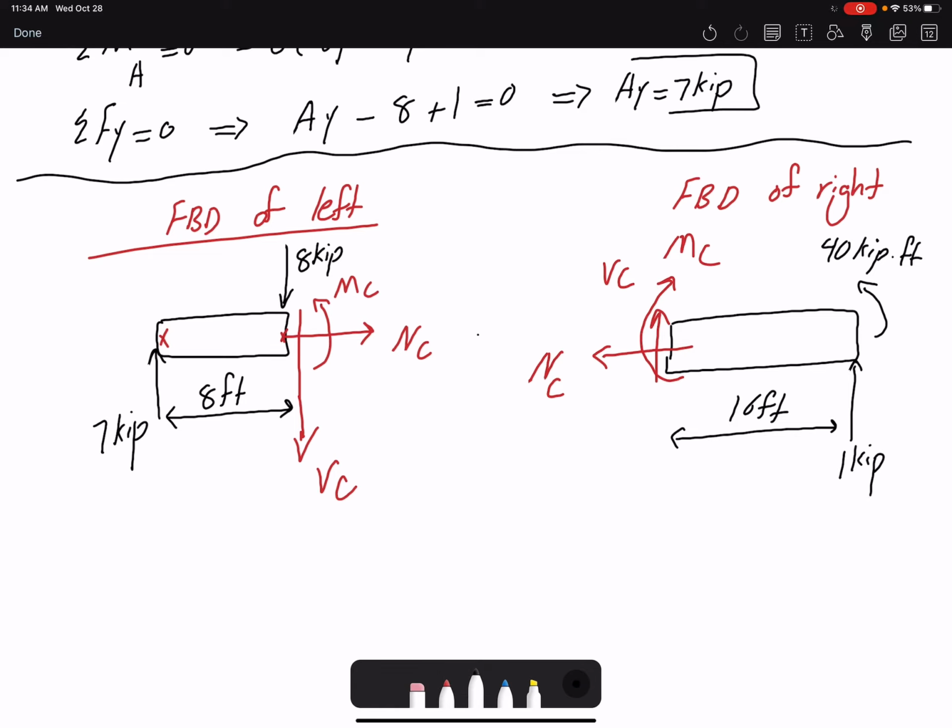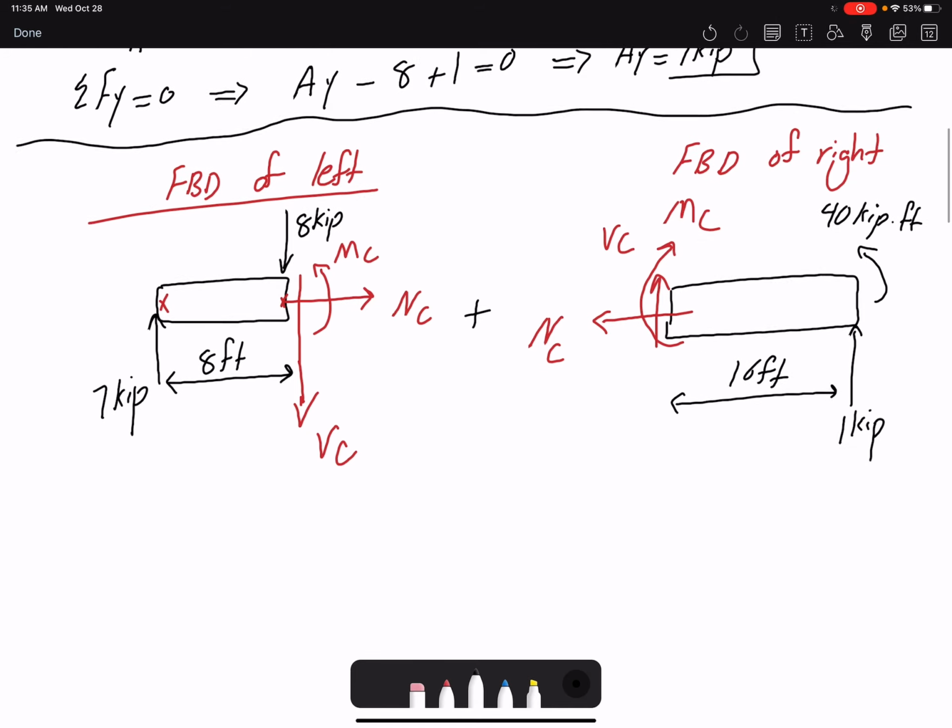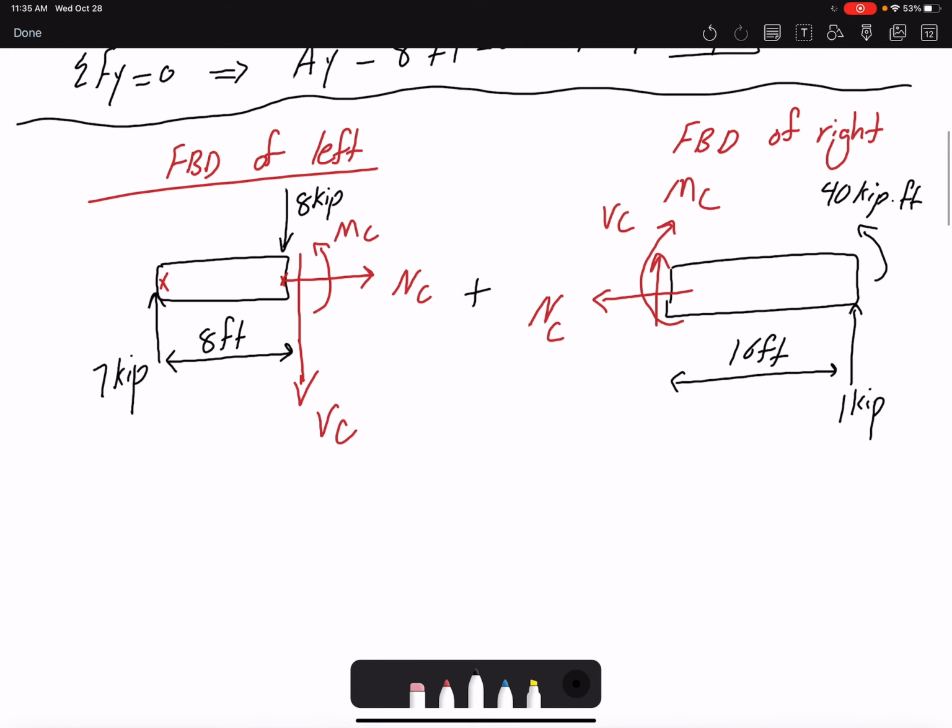And you can see that if I add these two segments, the right and the left side, together, the internal loading would be canceling each other. And then I will only have external loading. That's one way to identify that your free body diagrams are correct. But for analysis, I'm going to just choose the left side and then find the internal loading based on the left